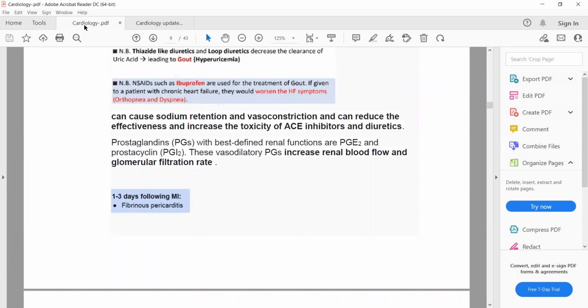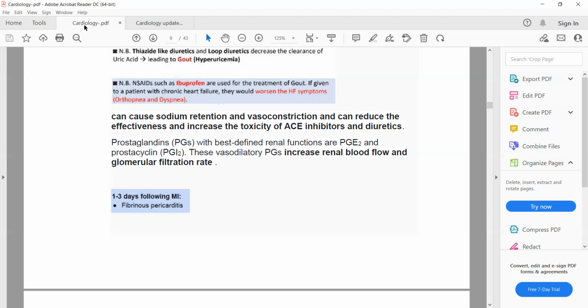One of the side effects of loop diuretic and thiazide diuretic is hyperuricemia. The other important side effect of these two diuretics is hypokalemia, because they lead to excretion of potassium from the body. So that's why they can cause hypokalemia. While on the other hand, ACE inhibitors and